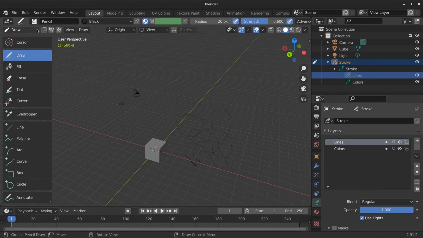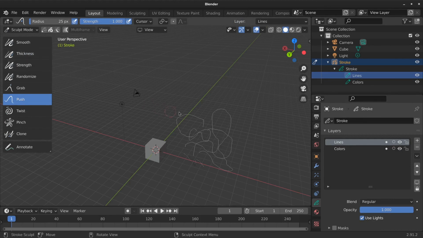So that's draw mode. There's also sculpt mode, and you're going to see my tools are going to change again. So I go to sculpt mode. So now I have different tools. I can grab parts of my line and move it around. I can smooth it out, etc. So this is yet a different mode, but it's still working on the